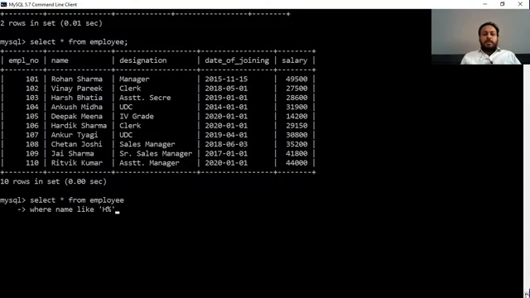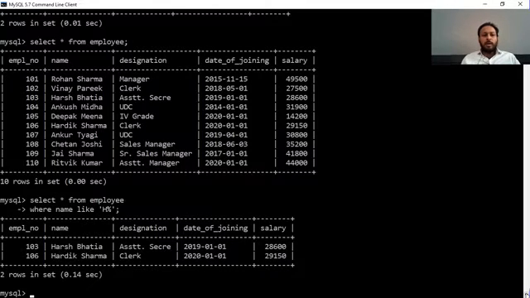Percent means the name starts with H, and after the H anything can be there. Percent means anything. There are 2 such employees, Harsh Bhatia and Hardik Sharma.